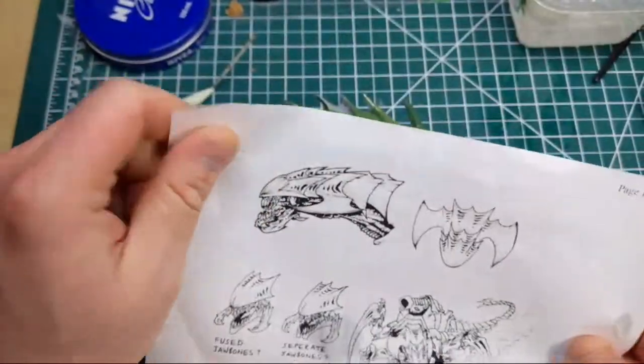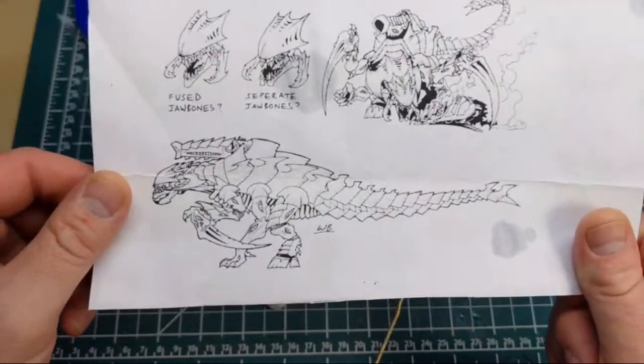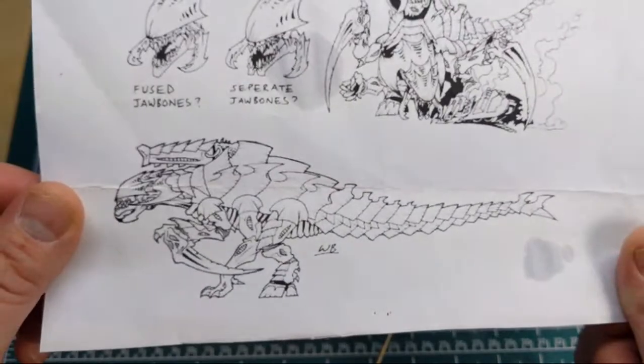Yeah. So this is the Dominatrix sketch that I'm working from. This was done by Warren Beatty, a very talented Tyranid artist. Back at...